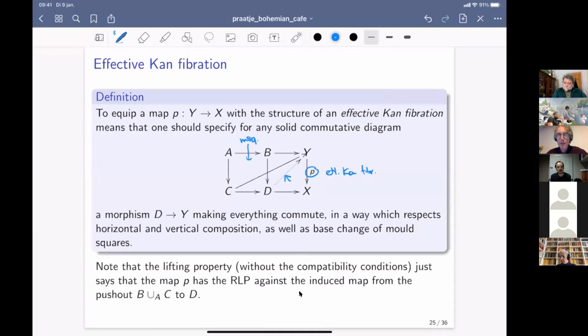So that is what I want. And now the structure should be there, and then the natural compatibility conditions that these lifts, these dotted arrows, should satisfy